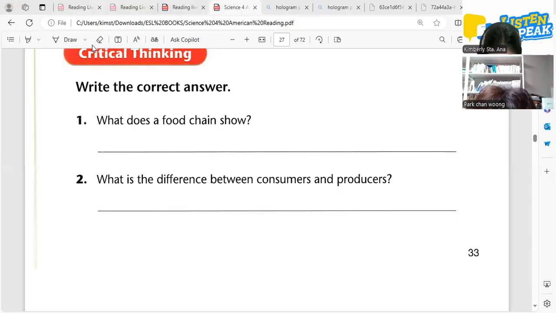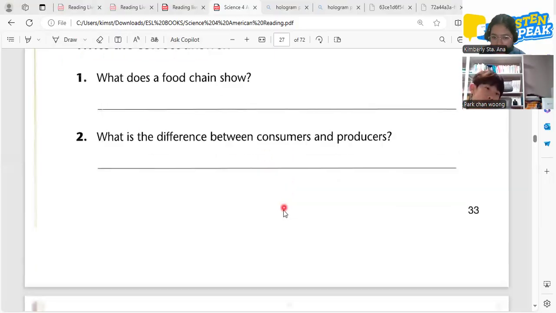Consumers hunt sometimes. Very good. Consumers hunt for food. Producers don't. Yes, that's good because producers can make their own food, like plants. So that's very nice, Evan. Thank you for sharing your ideas about our previous lesson.